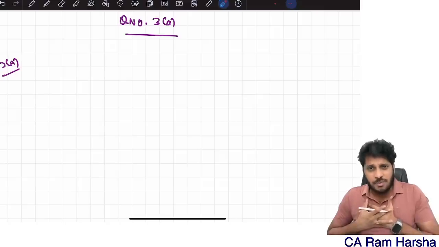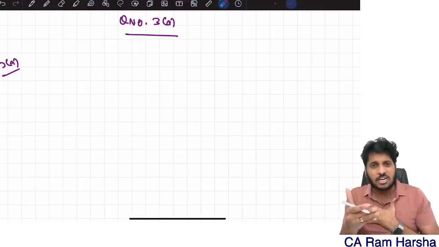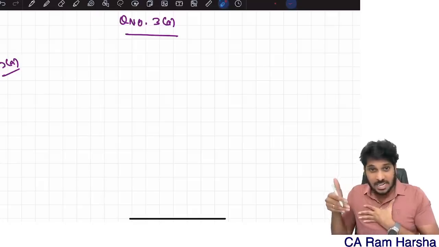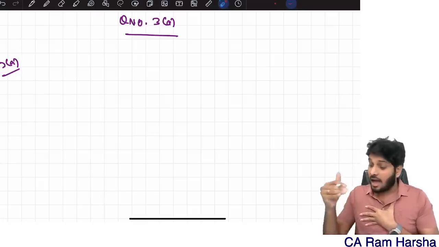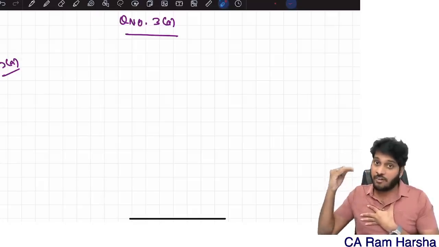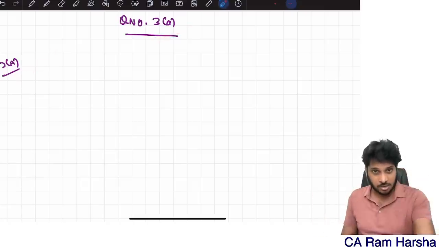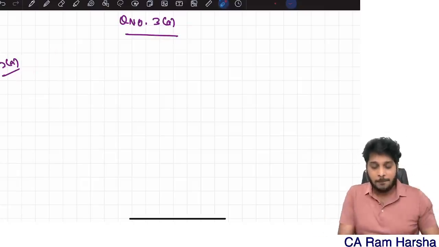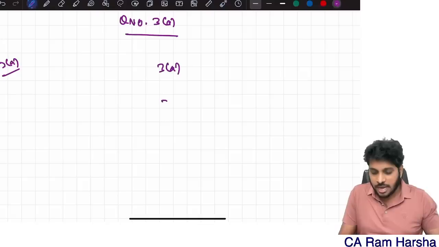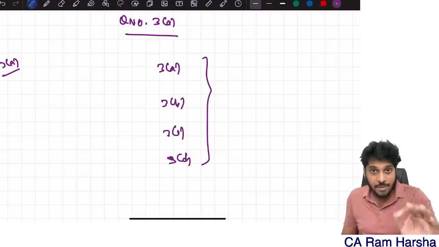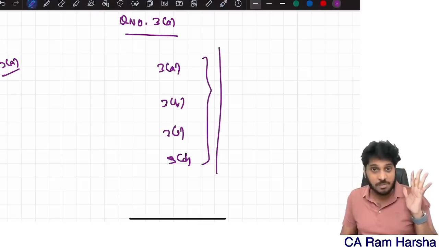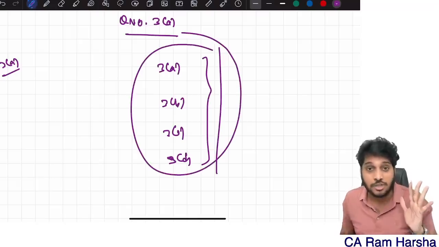I can start my first page with 1A, I can go to 4D, I can go to 2A, I can write 3C, 5B, then again 1B, 1C I will go. That's my choice. As long as the question number is clear, your paper will be valued. Many students often assume that after 3A, immediately you should write 3B, then 3C, and that all subparts of the same question should be in one place. This is what many misinterpret.